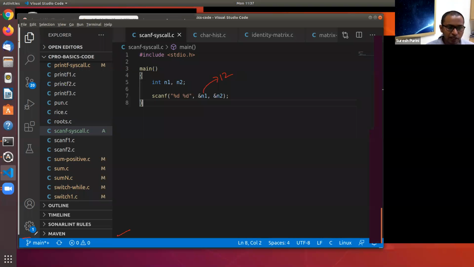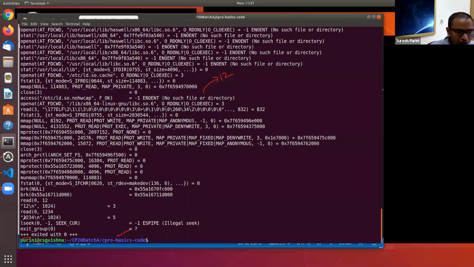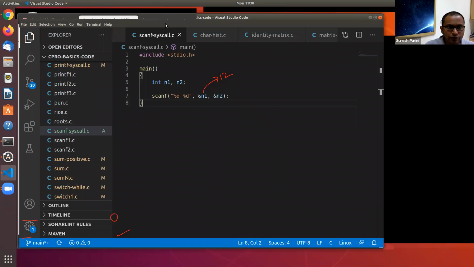The 3 is very simple. The number of characters read, 1, 2 followed by \n. There are 3 characters that are read. So you got 3. Now let's say I enter 1, 2, 3, 4 followed by the enter key. Now you can see read passes the string 1, 2, 3, 4 back to scanf, and it returns 5 to scanf, saying that the length of the string that it read is 5. And if you go back and look at the code here, clear all my drawings, let's see. Yeah. So 1, 2, 3, 4 will be present here. 12 is present here.